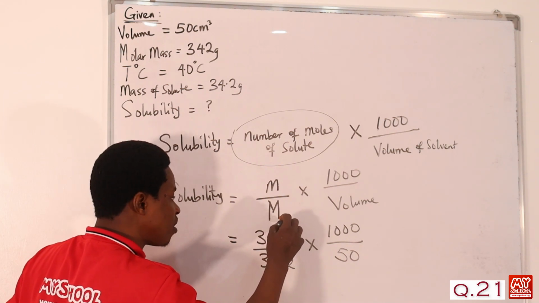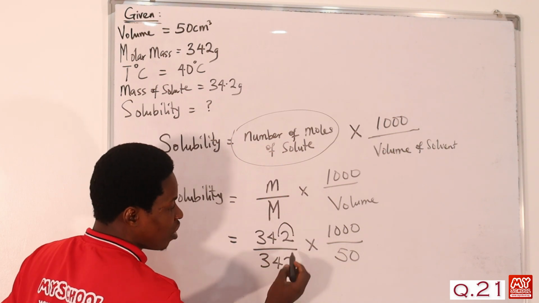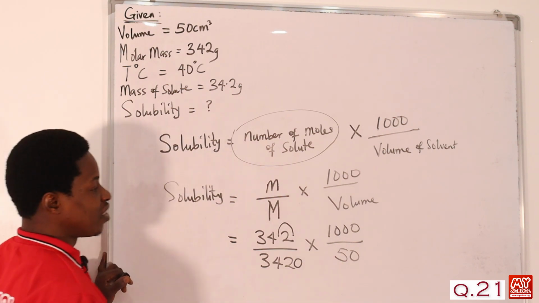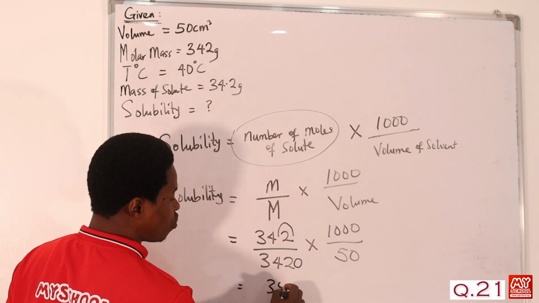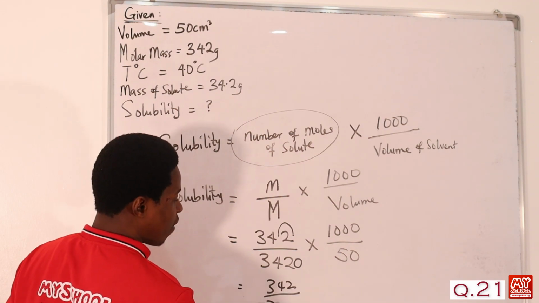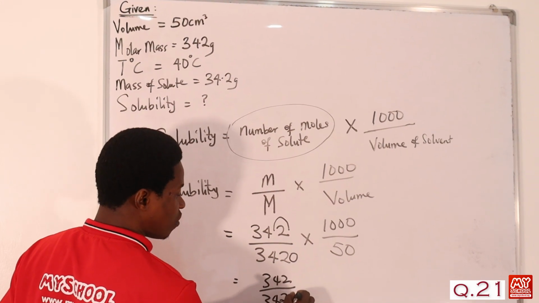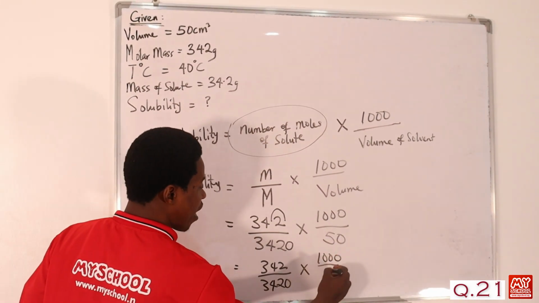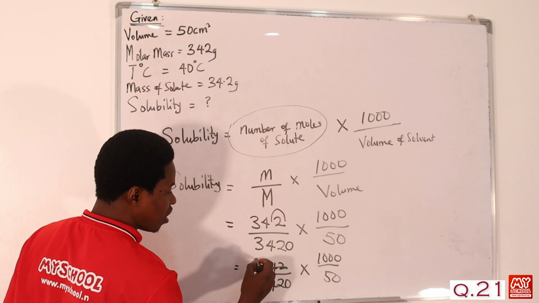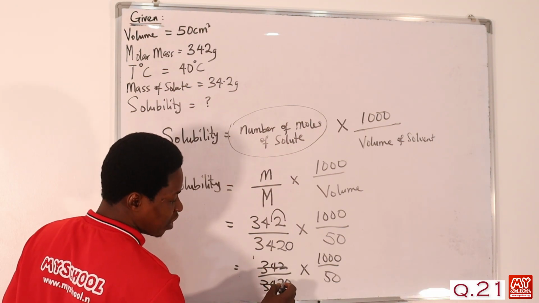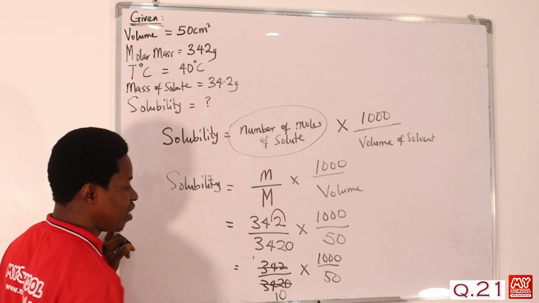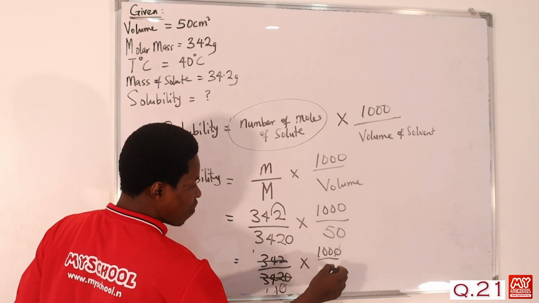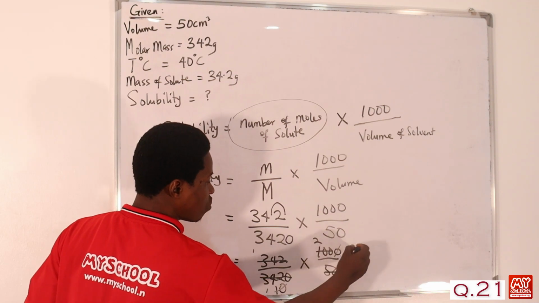I move this point once, so I add a 0 to it. What I have now is 342 over 3420, then times 1000 over 50. 342 goes into 3420 ten times, so 10 goes here, and the zero cancels one zero, leaving 100 over 50. 50 in 100 is 2. So my answer is